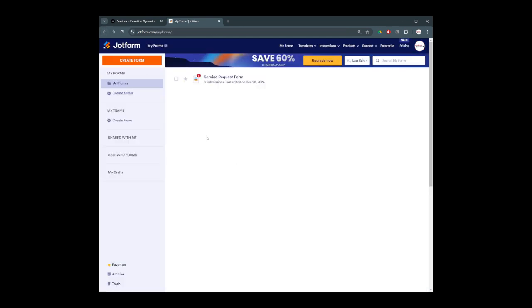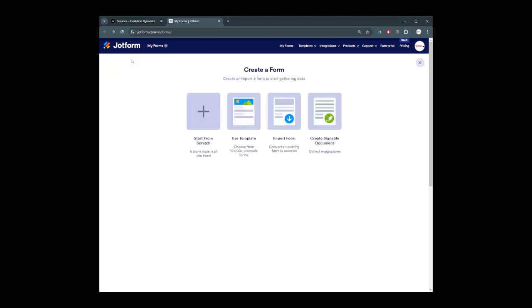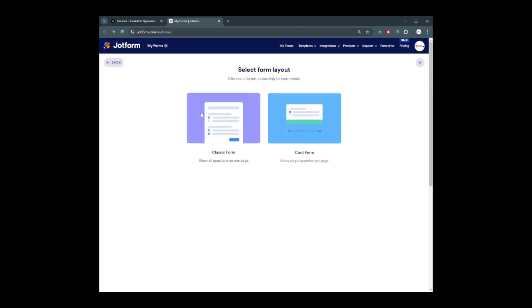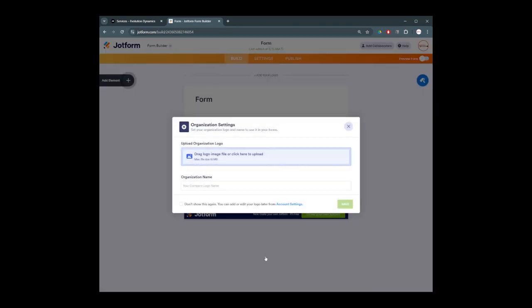Okay, so to start, I already have my form in here, but I'm going to walk you through creating a new one just so you can see how easy it is. So you're going to create a form. We'll start from scratch. And we'll just do a classic form. Classic form allows you to put all the questions on one form, whereas the card form you do sections at a time. And so I'm going to skip the logo on here, but you can do that as well if you want. And if you want to put your organization name,